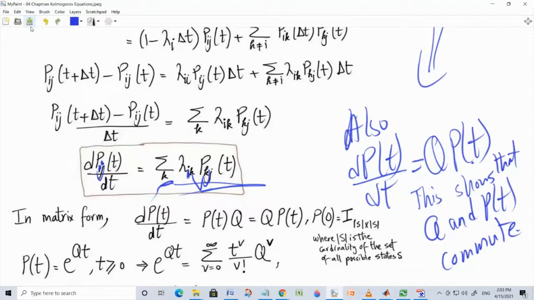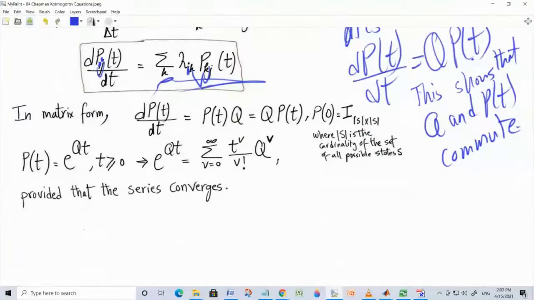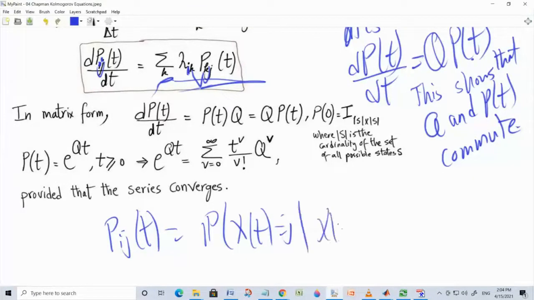And so what is the idea here? What is this about? Writing a differential equation? Yes, exactly. Writing a differential equation so that you can solve it and so that you can get an expression for P of t. So again, the problem is, what if I ask you something like this? Bij of t, which is the probability that X of t is equal to j, given that X of 0 is equal to i. Can we write down an expression for it